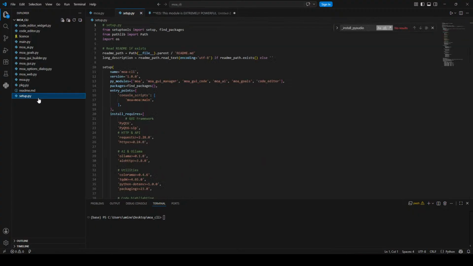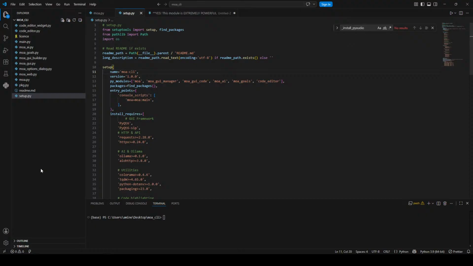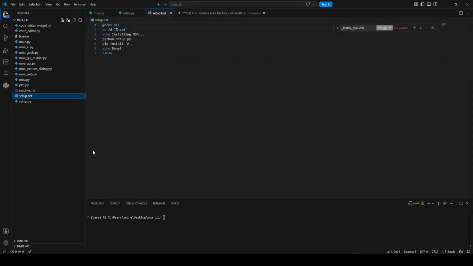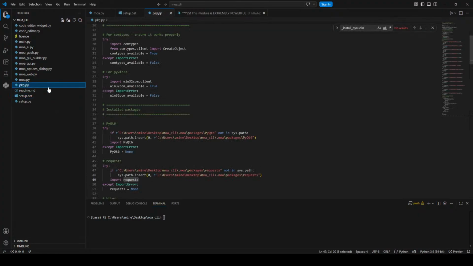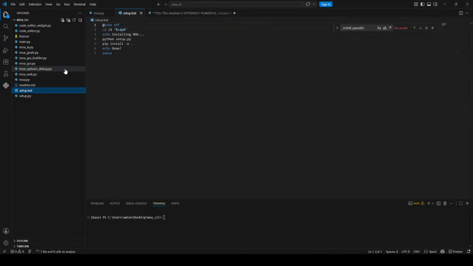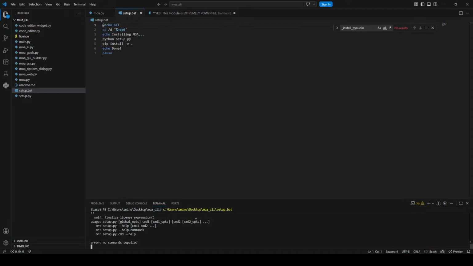I'm missing a step. Let me see, I can still get the file from one folder here. So we're going to remove the package because we don't need it. Once I run the setup, it will actually run on the machine first, look for